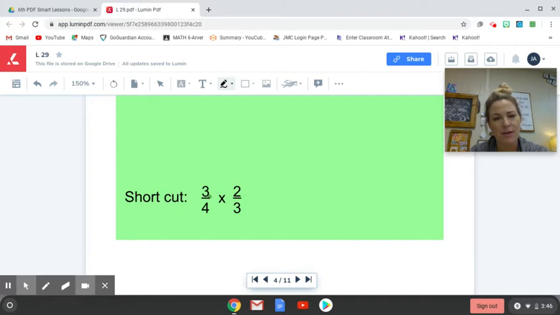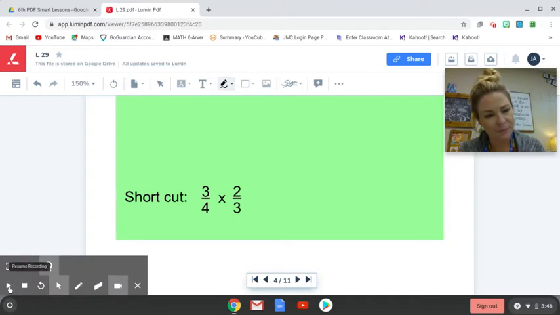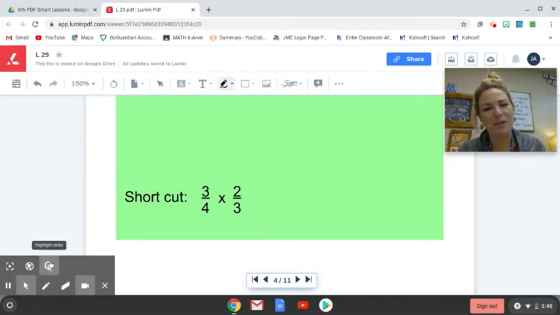Shortcut. I wonder, I'm not positive about this, but I'm going to use this opportunity to show you something. This is called cross-reducing. Cross-reducing doesn't necessarily seem like it might apply in a situation like this where the digits that we're working with aren't very high. But when you start multiplying fractions with very large digits, I'm going to use this opportunity to talk to you about